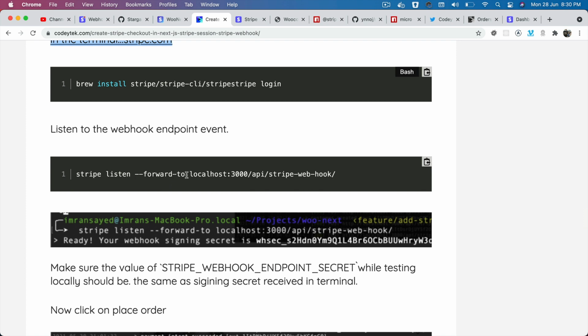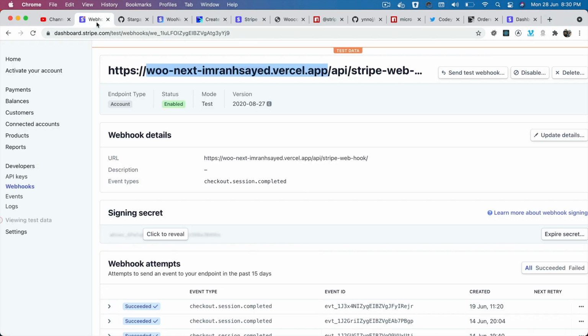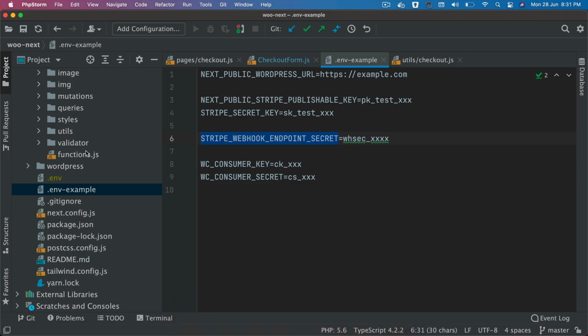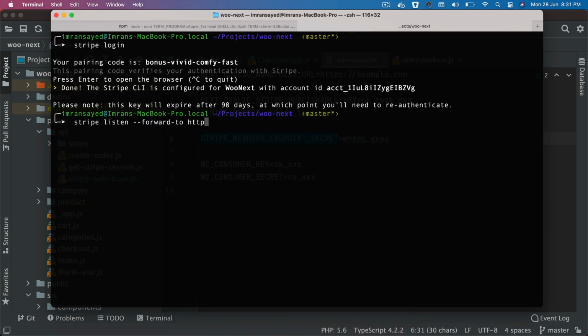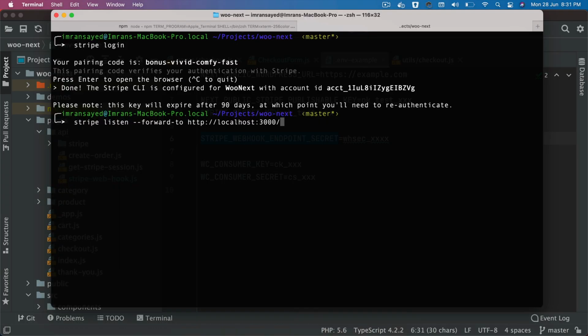So what you need to do is say Stripe listen, to listen to those webhook events. Whenever it gets a request to this webhook endpoint that you've created, it's going to forward it to your local webhook event. So what is it locally? Take a look. My endpoint is HTTP localhost 3000 slash API Stripe